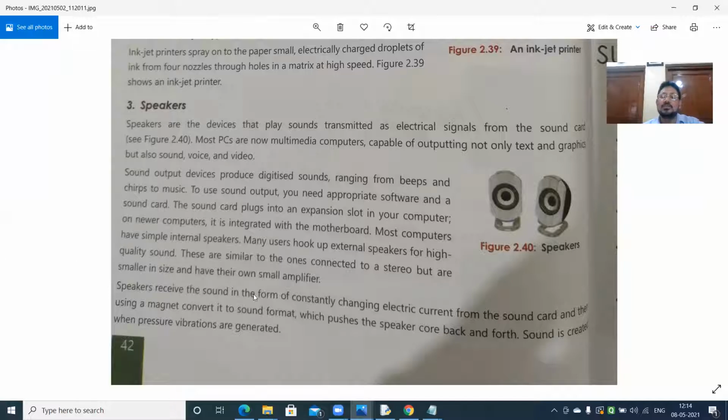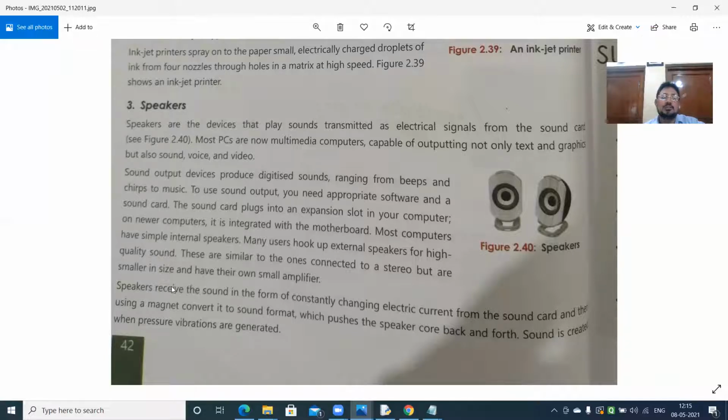A speaker receives the sounds in the form of constantly changing electric current from the sound card and then uses a magnet to convert it, which pushes the speaker core back and forth. Sound is created when pressure vibrations are generated.